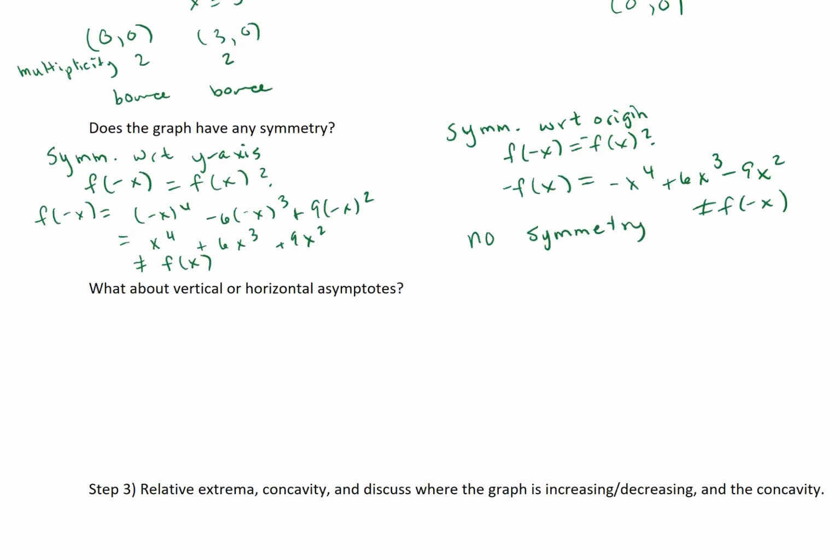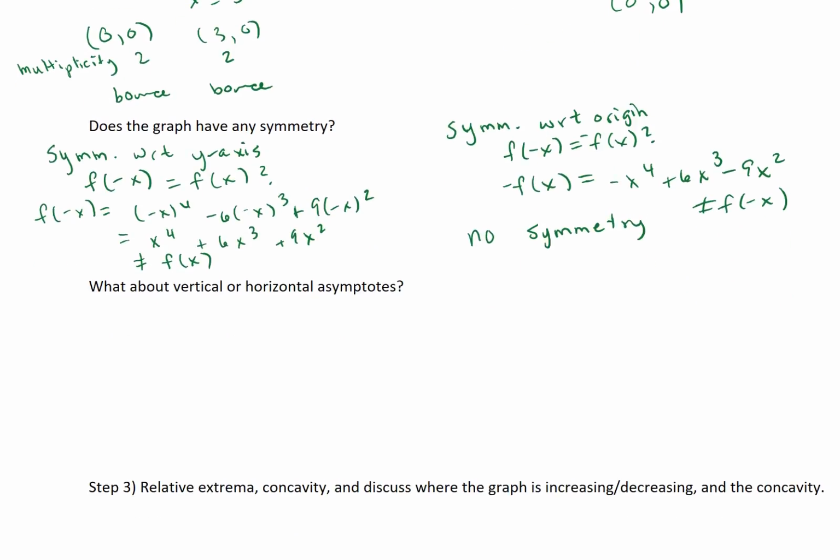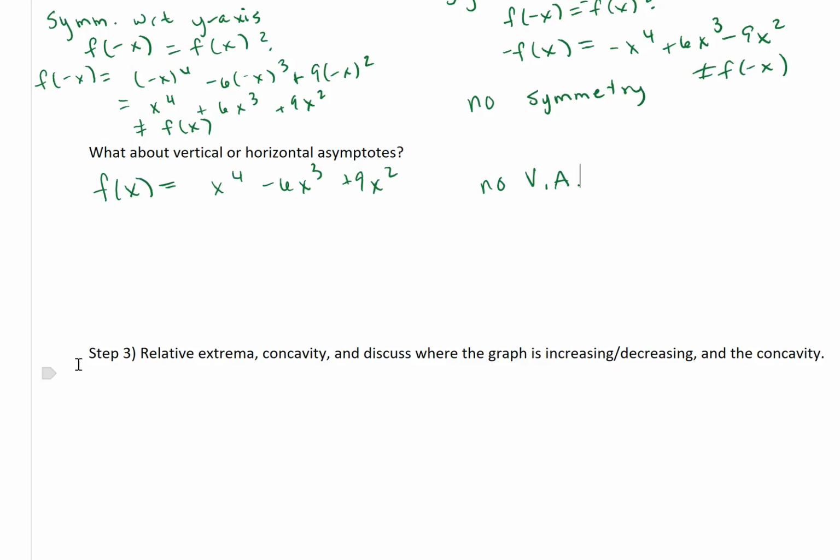All right, vertical and horizontal asymptotes. Again, our function is x to the fourth minus 6x cubed plus 9x squared. There's no denominator here, so there's no vertical asymptote that we have to worry about. If we wanted to check for horizontal asymptotes, we would find the limit as x approaches infinity of f of